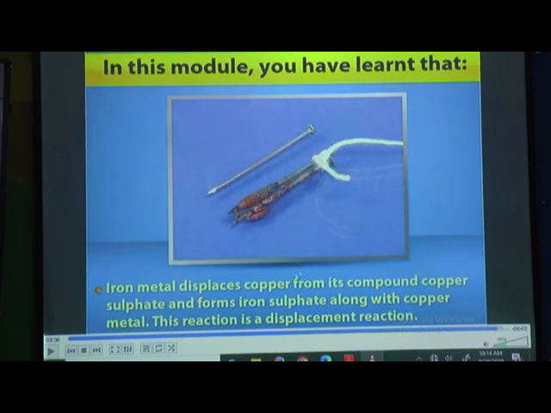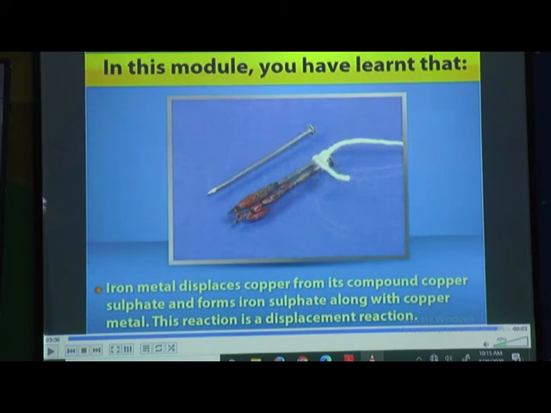So what happens after that, the color is going to change. Copper sulfate solution is blue in color, and when we add iron, what do we get? We get iron sulfate solution, which is green in color, and copper is also released in this reaction. That is why the copper, which is brown, is deposited on these nails. The nails were not brown before we added them to the solution, but after adding, these nails get a brown color because of the copper released in this reaction. So this is an example of chemical change.